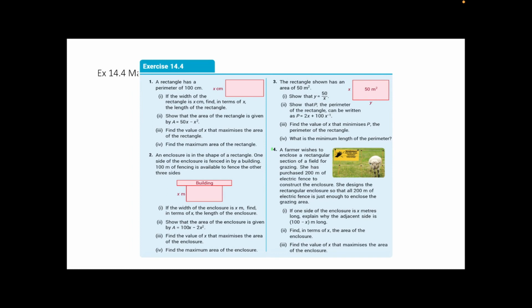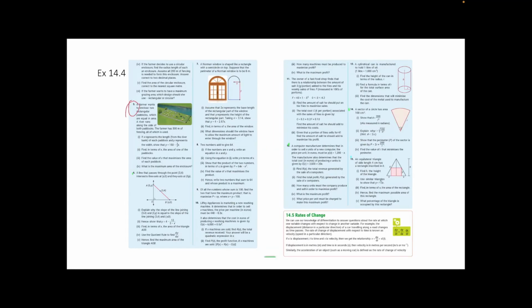Okay guys, having gone through the example, I now want you to complete questions 2, 3, 4, 5, 7, 10, and then our challenge is question 13. Okay, if you're unsure of question 13, there is another PowerPoint going through how to solve this equation attached to this assignment. So that's exercise 14.4,